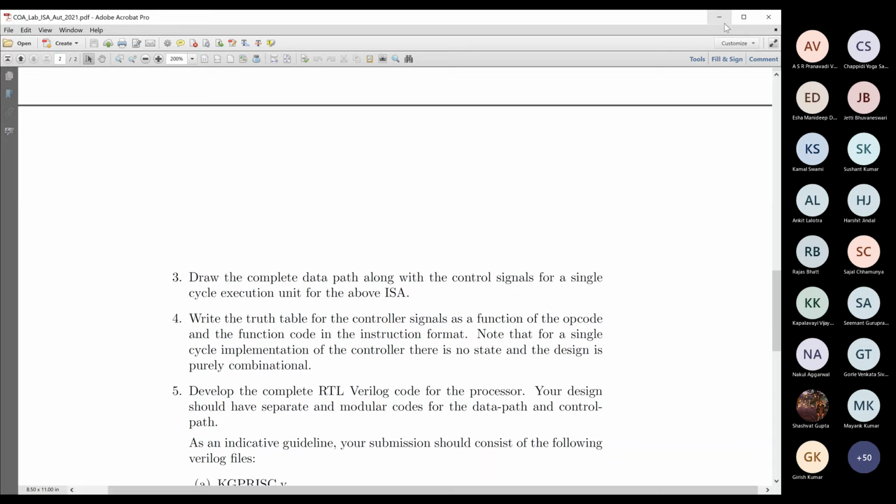Could you also tell us what kind of questions we'll get? Will it be similar to the MIPS assignment? Yes, similar. We will give you a problem which can be solved in 2.5 or 3 hours. Programming questions in Verilog, solvable within that exam. Okay, sir. Understood. Then instead of the 5th, could we do it on the 12th so that it would be close to the test week also?